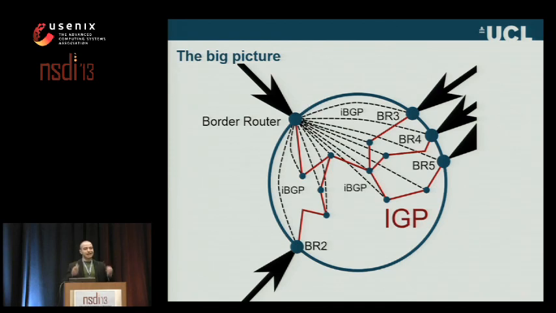Now, iBGP behaves exactly like eBGP. However, it runs within the autonomous system and distributes external routes internally. The intra-domain routing protocol, which is the big red IGP here, is only concerned when the topology changes. It is relatively stable. Link failures are not that common. And also, this is managed by a single entity, so management events can be scheduled accordingly. However, in any big autonomous system, there's a constant stream of external updates which need to be propagated using iBGP, which means that iBGP is a lot less stable than the IGP.